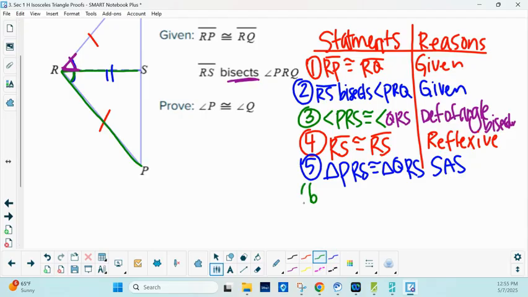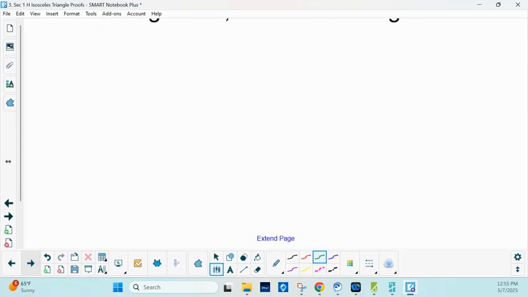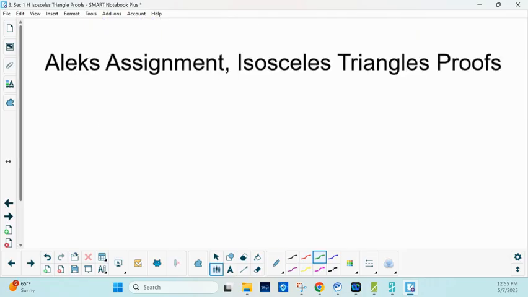So we can finish off saying angle P is actually congruent to angle Q. What's that reason? CPCTC. Okay, so just be careful naming those angles. The vertex, the point of your angle, has to go in the center of your name. Okay, you may not be too sure how it works yet, but just keep your notes handy if you need to jot